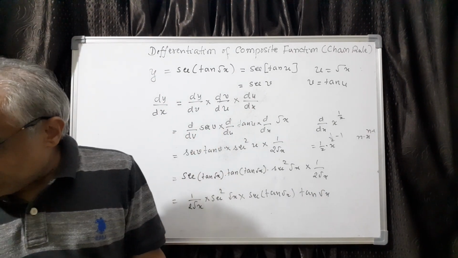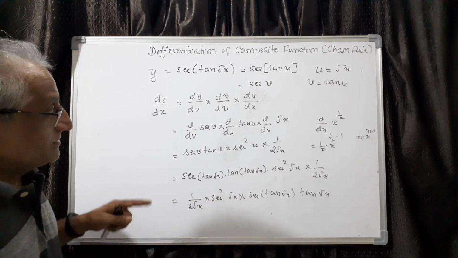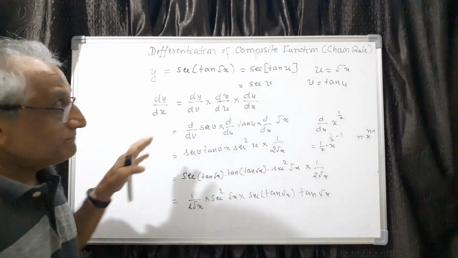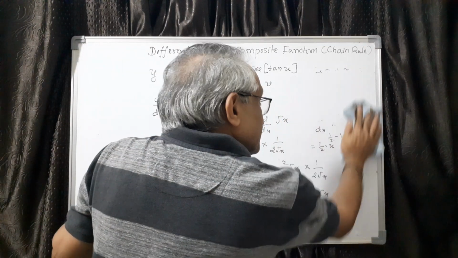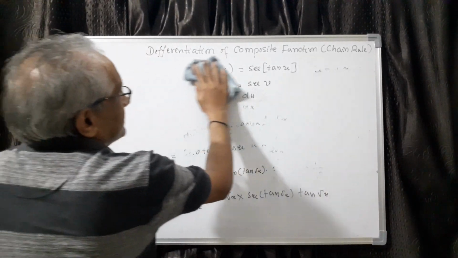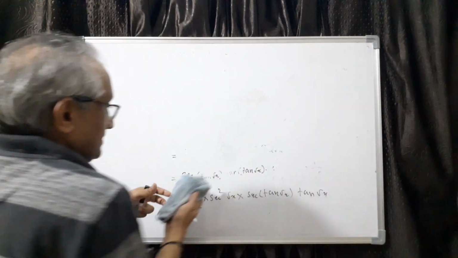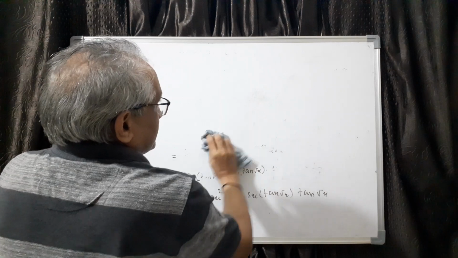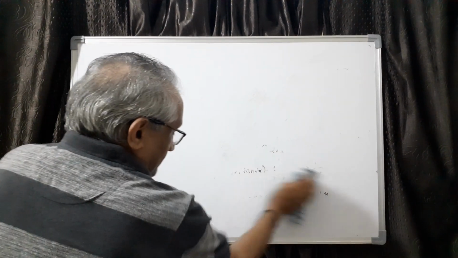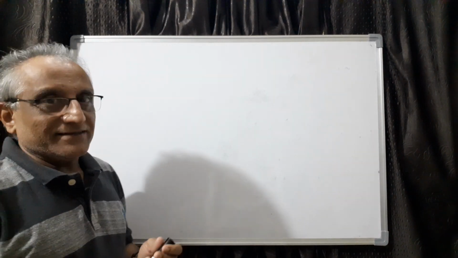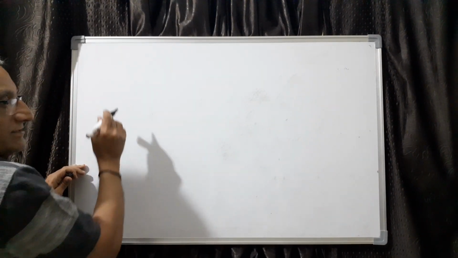So this is how we can do the problems directly, which is the function of 3 functions, composite function, or 2 functions. Even if it is 4 also, we can do extending the same rule. Now let us work out a question which is actually mixed in the sense you have to use product rule and you have to use composite rule together. Say for example, the first question is this: